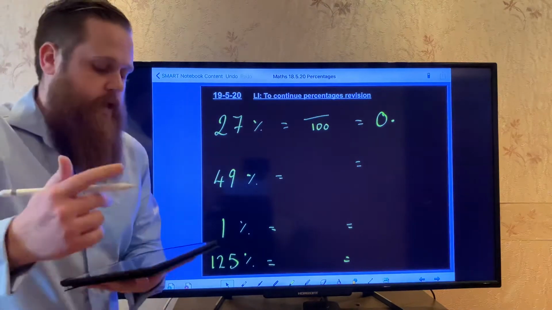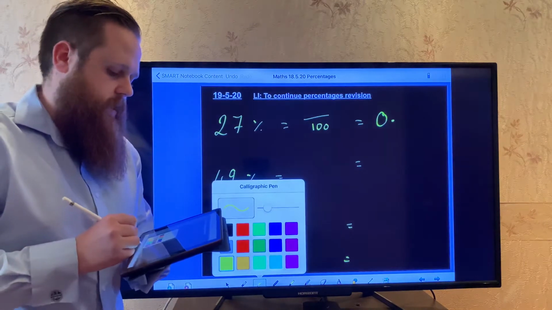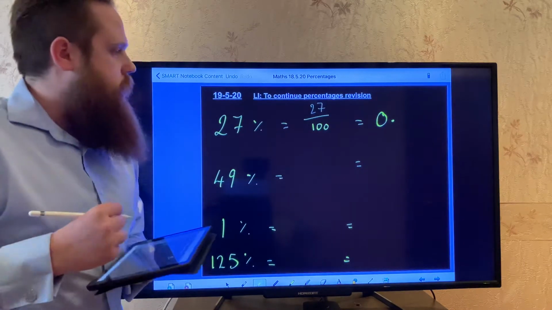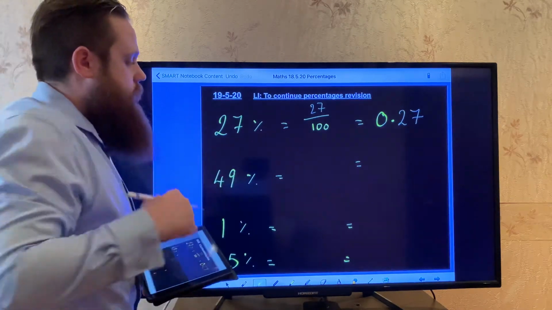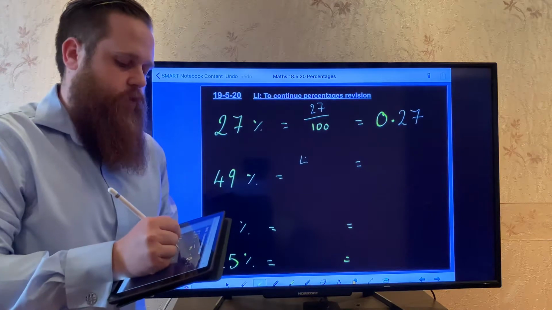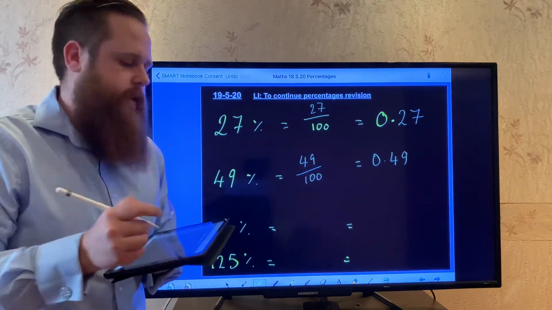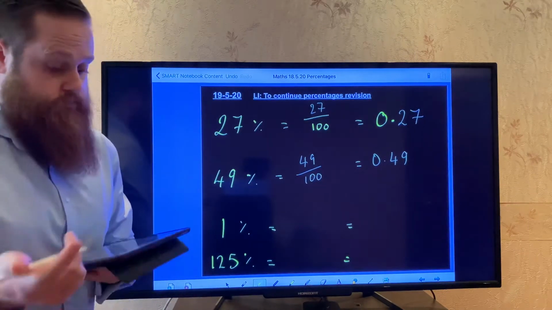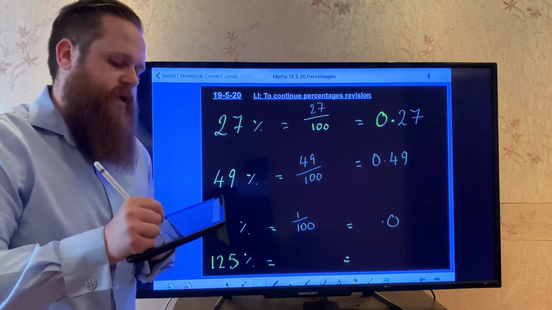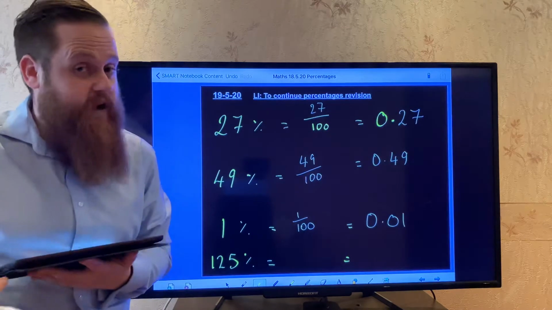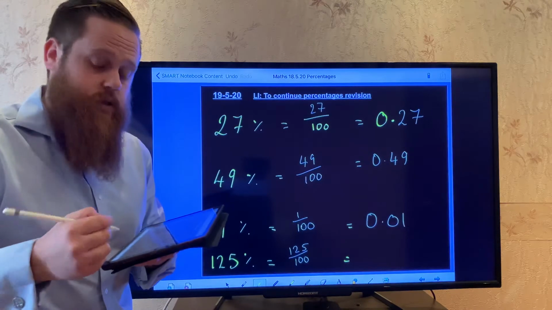Okay then, are we ready? So 27% is the same as 27 over 100, okay? So 27 over 100, which is the same as 0.27, okay? 49%, well, that is the same as 49 over 100, which is the same as 0.49. 1%, very simply, 1 over 100, which is 0.01. And 125% is 125 over 100, which is